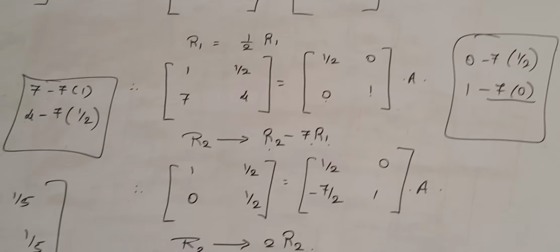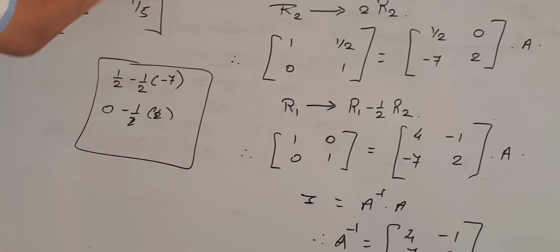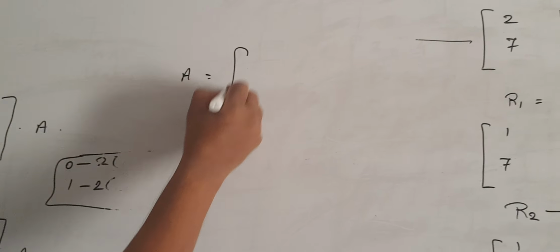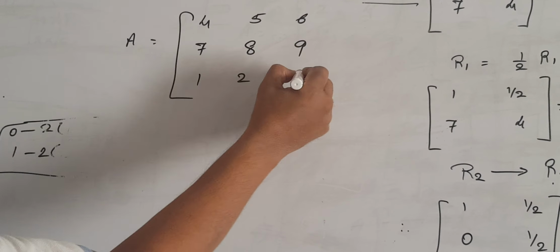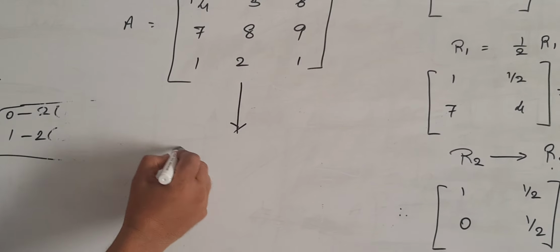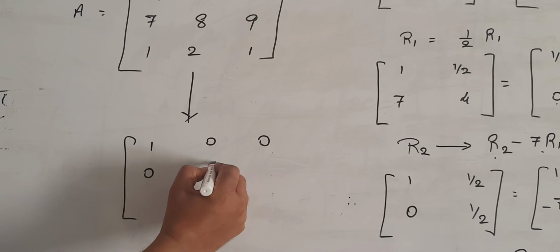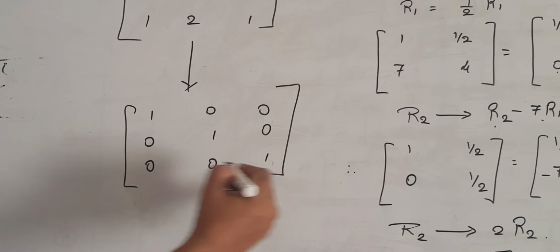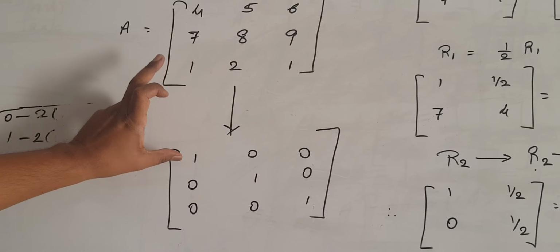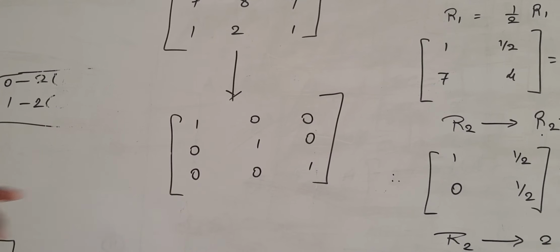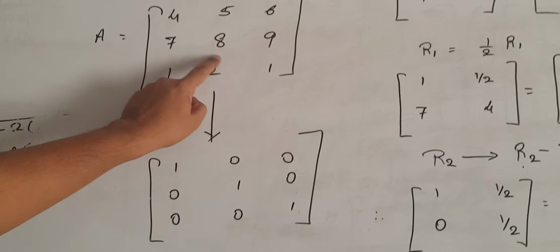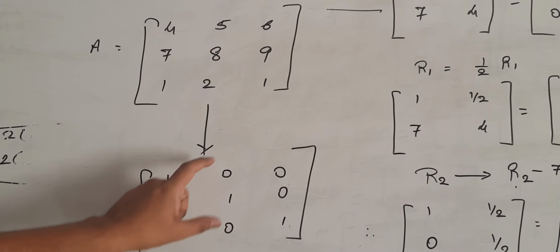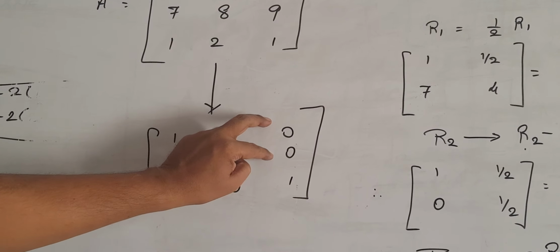See, like this you can do it for 3 by 3. Suppose any matrix is given like this: 4 5 6, 7 8 9, 1 2 1. अब इसको किस में कन्वर्ट करोगे आप? 1 0 0, 0 1 0, 0 0 1, means this 4 you make it 1, rest of the elements make it 0. यहाँ एक ही एलिमेंट 0 बनाते थे, यहाँ दो एलिमेंट 0 बनाते. इसको 1 बनाओ मिडल एलिमेंट, फिर ऊपर और नीचे 0 बनाओ. सेम थिंग मेक इट दिस 1. ओके है, ऊपर दोनों को 0 बनाओ.